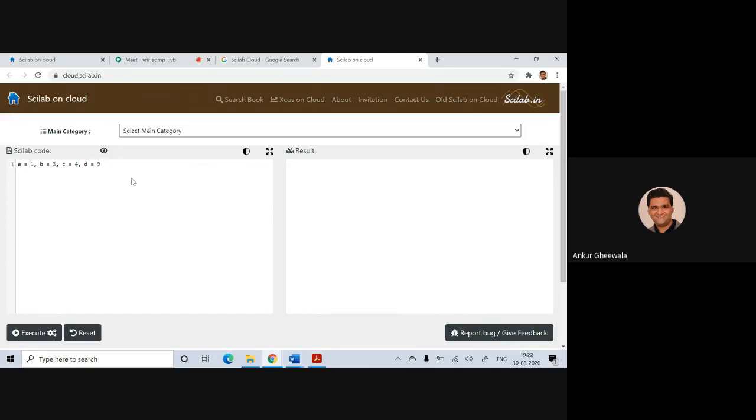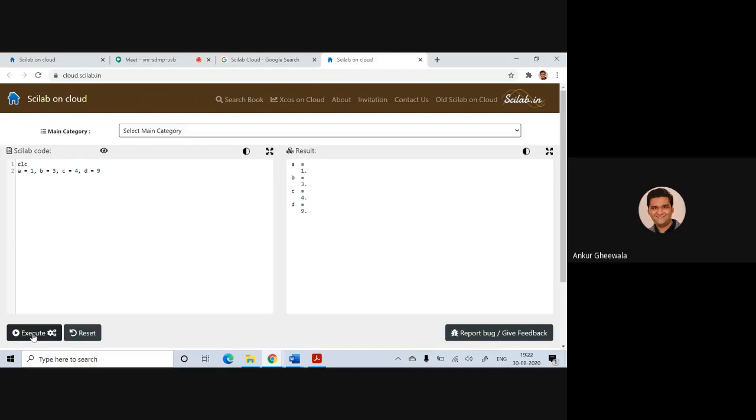Now I will execute it. It will store these values. Scilab will now store these values. But before going to this, we have always used CLC. CLC means clear the screen. It will clear the screen. If you want to check, just see here. I just remove this command and now I will execute. So it will clear your result screen. Now I will once again apply it.